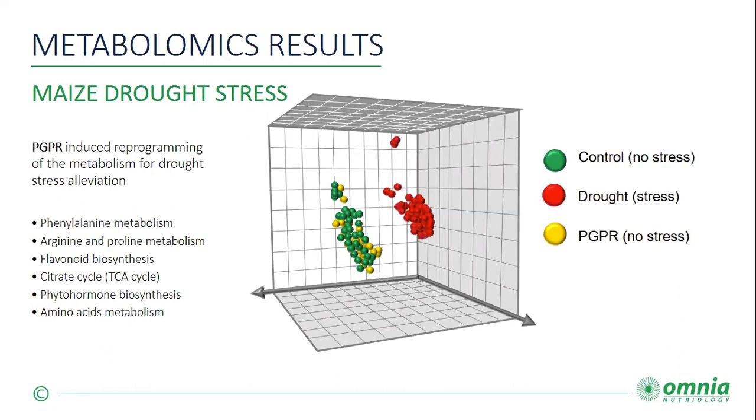Now, there were certainly changes in metabolites being produced under this condition as well, but they were not as drastic as under drought stress. We can see here again that there's a clear distinction between the metabolism between the control groups without stress and the stress group. It's also very clear to see that the addition of a PGPR prior to drought stress has a priming effect in shifting the plant's metabolic profile closer to that of the plant under no stress. Now, metabolite production induced by the plants include arginine, proline, phenylalanine, just to mention a few.